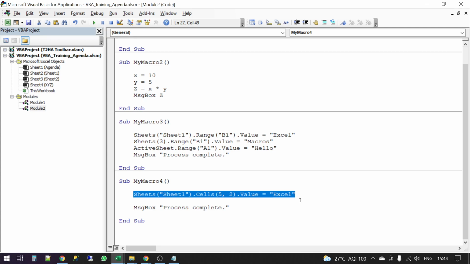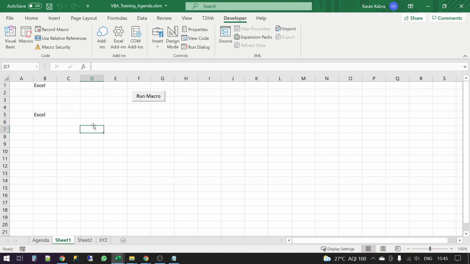So after this, what I want to show you is the code that we recorded. How do you make it dynamic to work on certain cells that you define? Because whenever you record a code, it is very static. So if I have done some operation on this cell, it will not mention D7, it will just mention Selection.